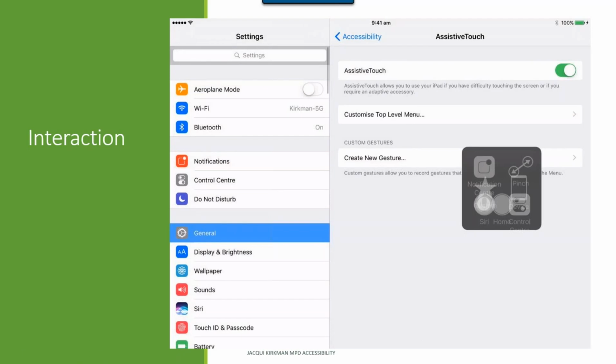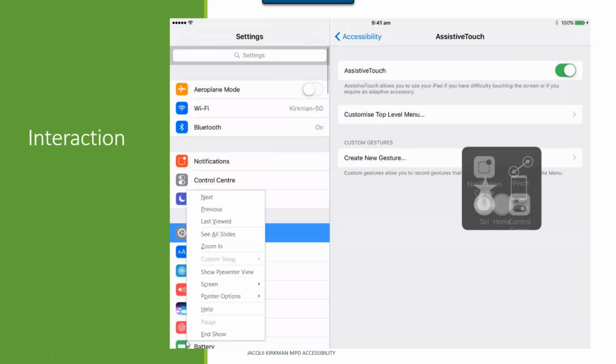So when Assistive Touch is turned on, it lets me choose a certain number of gestures or features that I want to be able to get to quickly, that I don't want to have to go into the settings screen and muck around with. And this might be because I have some physical challenges which make it difficult to get in and out of the settings menu all the time. It might be because I have some cognitive challenges and it's hard to remember what I need to do to get different things started. So if I have Assistive Touch enabled, then this little black thing is always showing on